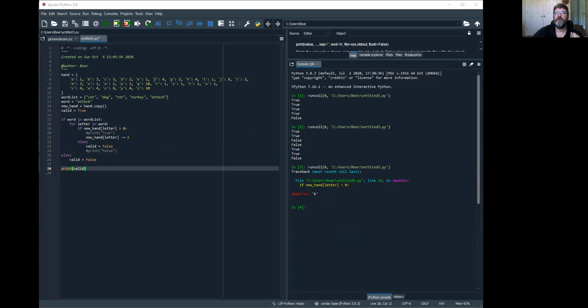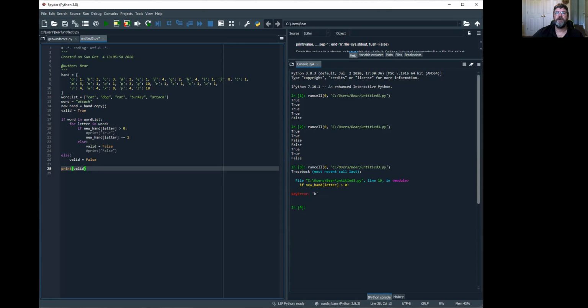Let me do a Google search real quick. I'm going to go Python. What type of error if it can't find a key in a dictionary? What kind of error is that? Key error. Okay, it just says exactly there. Key error. So I want to put in my code,